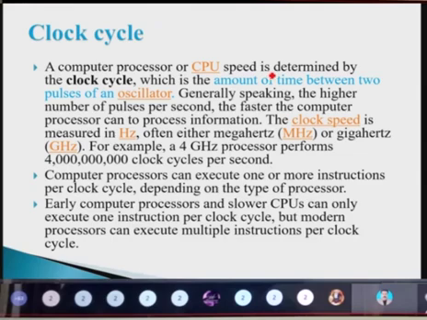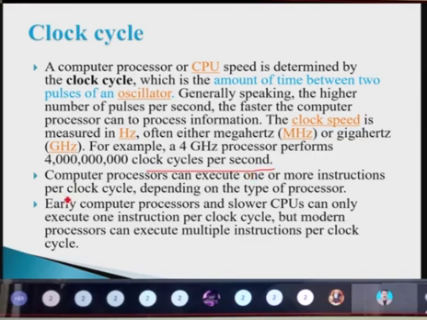The clock speed is measured in hertz, often either megahertz, that is MHz, or gigahertz, that is GHz. For example, a 4 gigahertz processor performs this many clock cycles per second,